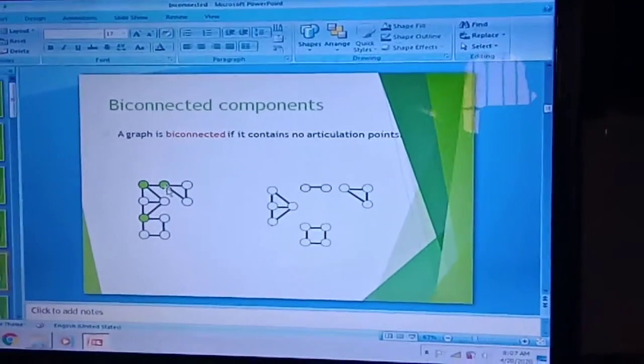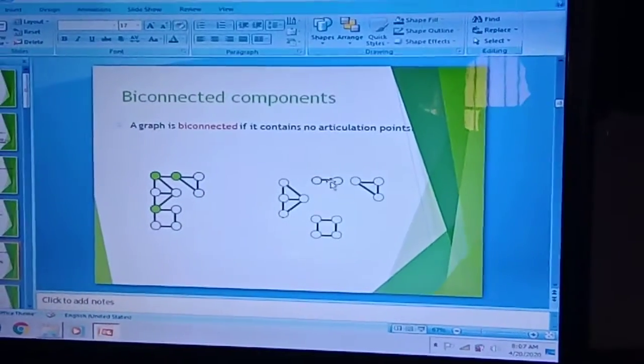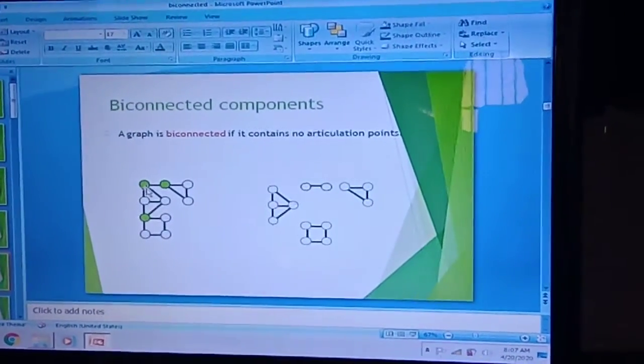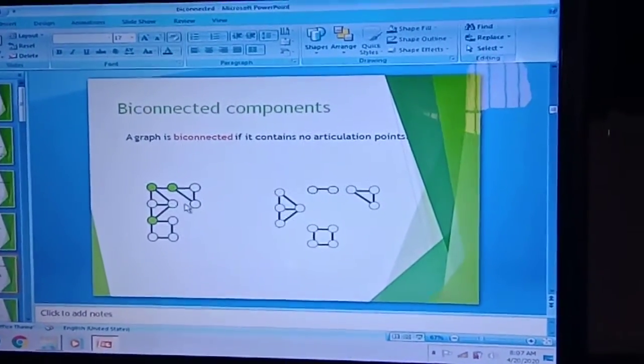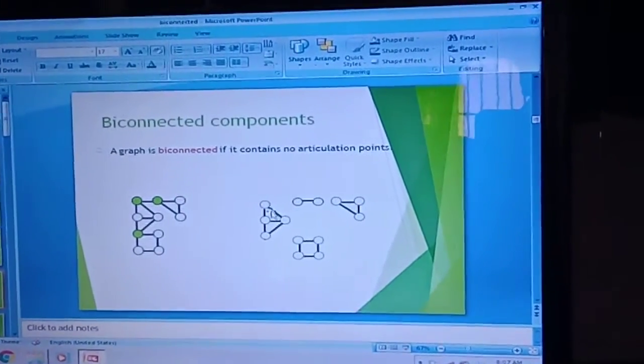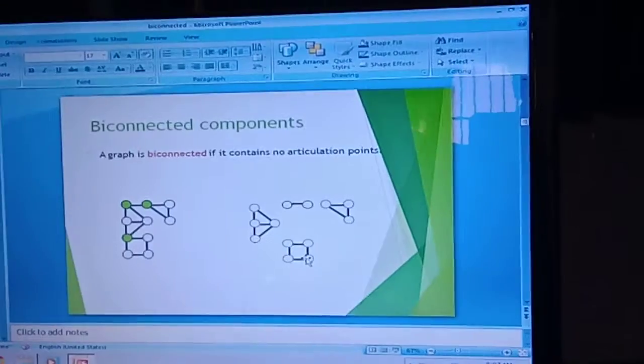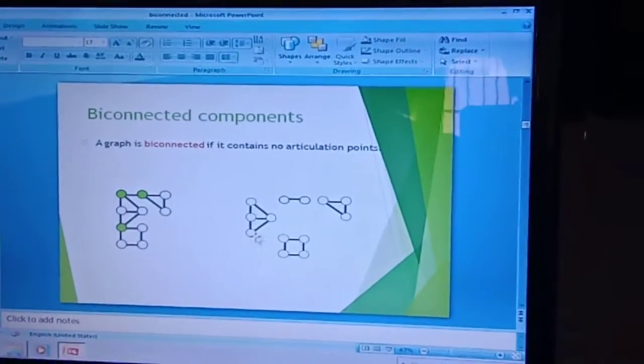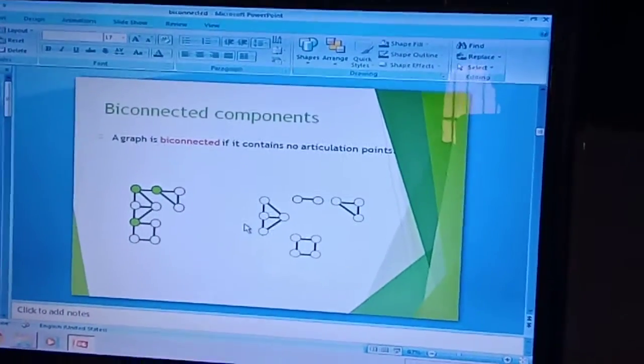When I remove this, automatically I get this one. When I remove this, I get this one. When I remove this, automatically we get the remaining set of vertices.